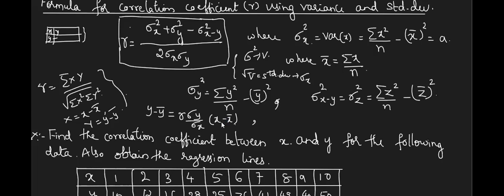Similarly, what is the equation of x on y? X minus x bar equal to r into sigma x divided by sigma y into y minus y bar. Very good. Again, all these values are available. You only have to substitute and keep it in an equation format. I'm not saying using the other formula is wrong, but preferably when the question contains two parts, correlation coefficient and regression lines, make use of this formula for r. Clear with this? If you want, take a screenshot, else you write down.